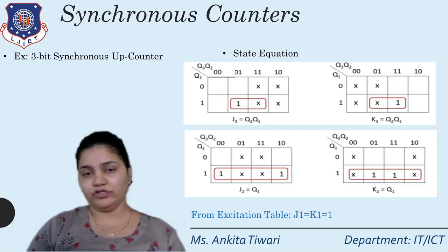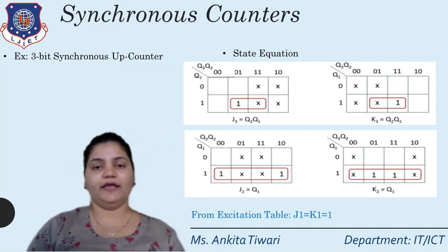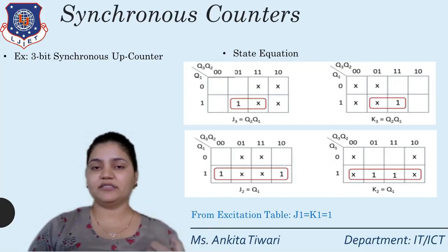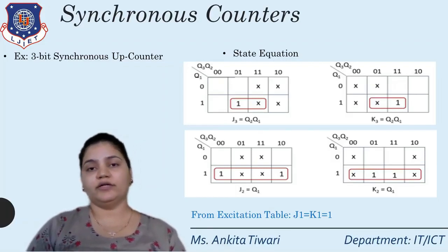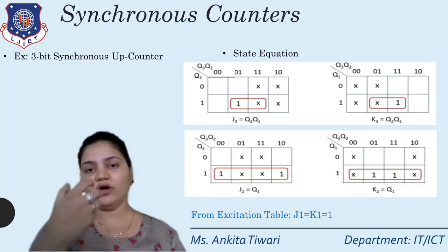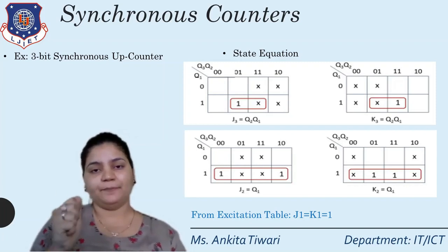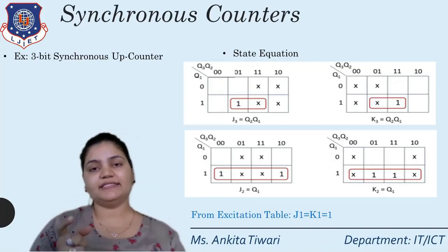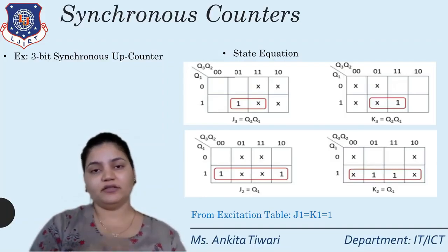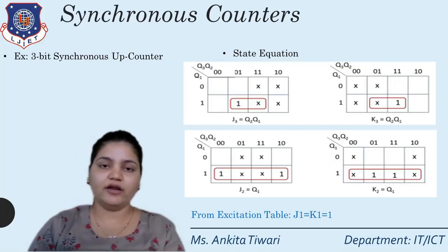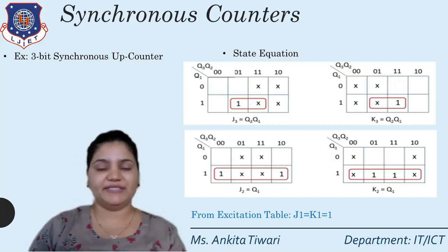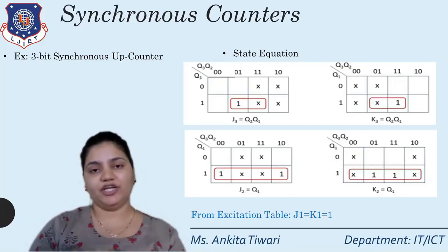As we also know, in J and K, the set and reset values are the basis of the SR flip-flop itself. So here we will get the set and reset values. In order to convert counters into a circuit diagram, we need to understand that for J and K, if we are talking about set and reset, then at the set value the output has been derived. So with respect to J and K, the value will be the same. So this is what the state equation is.